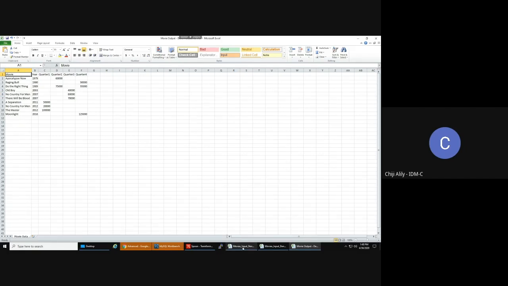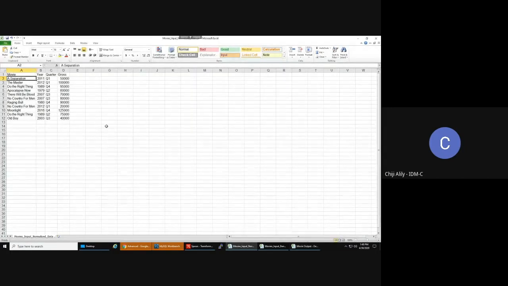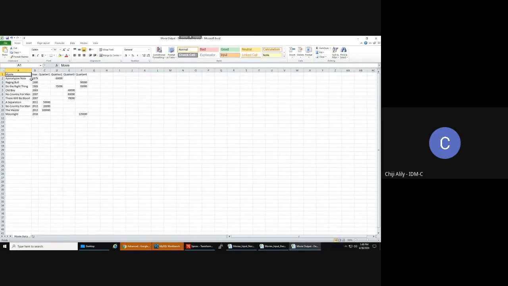If I look at the source file, the source data, here's the source data. So movie, year, and then we have a quarter column with values for each quarter, Q1, Q2, Q3, Q4. And then we have the gross values in its own field. So here's the normalized data. And then when we pivoted it, here's the pivoted data in the output,